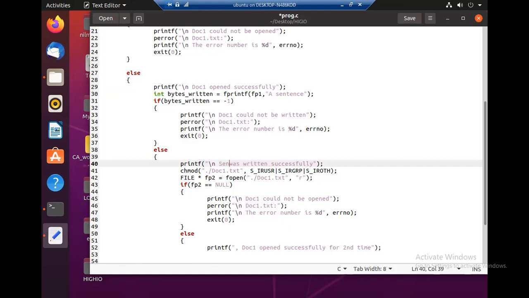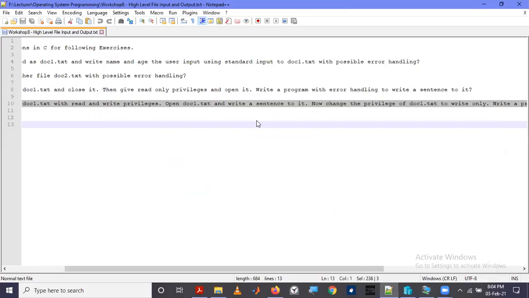Another sentence was written to doc1 successfully. Right, so we have to write a sentence. So if this is okay, then this will be written. It should be written as it was opened with read and write privileges. So we wrote a sentence.